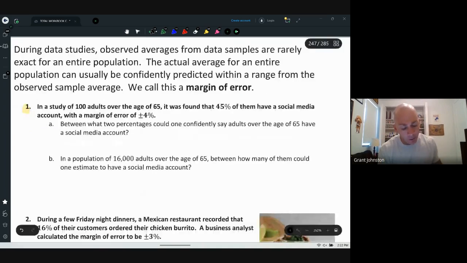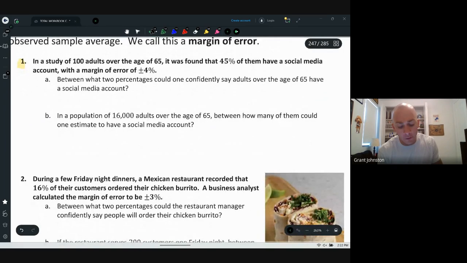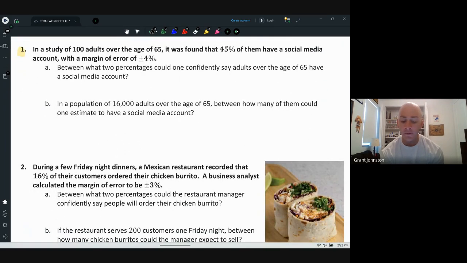Okay, so it says in a study of 100 adults over the age of 65, it was found that 45% of them have a social media account with a margin of error of 4%. So they just surveyed 100 adults, and it was found that 45% have a social media account with a margin of error of 4%. So it says, between what two percentages could one confidently say adults over the age of 65 have a social media account? So if the average I got was 45 and it's got a margin of error of plus or minus 4, then we would say